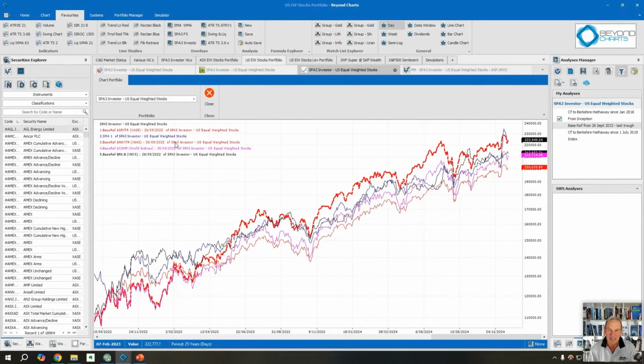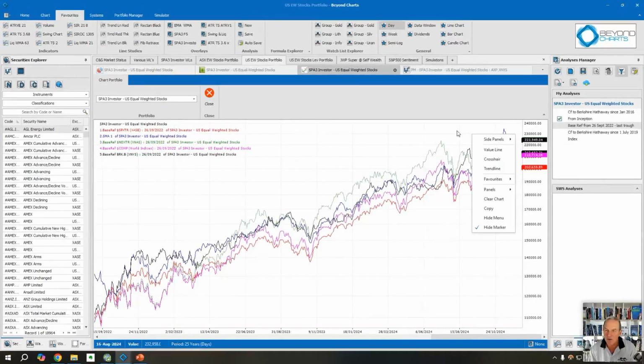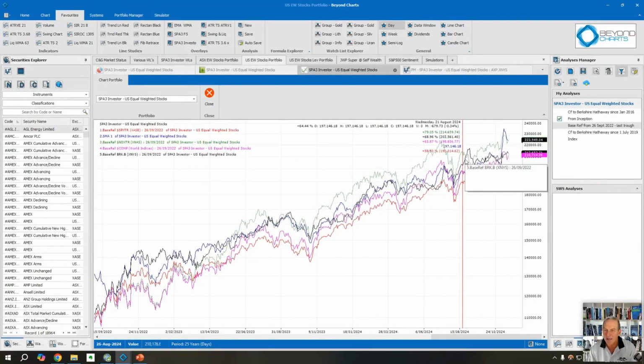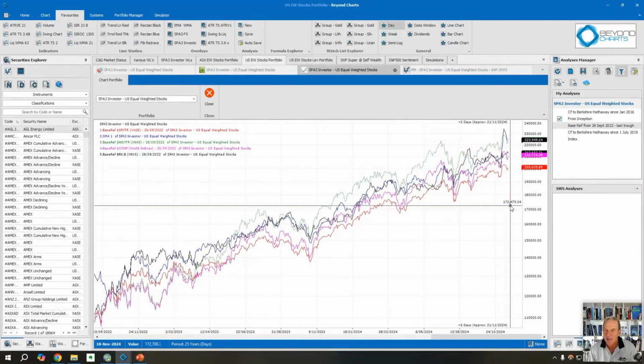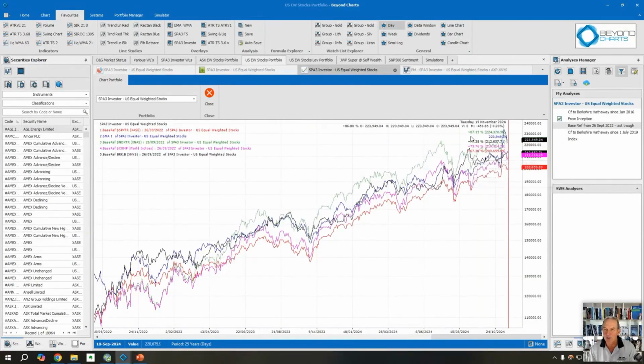That one there is the NASDAQ 100 total return index. So about the same. In fact, what we do is you can put a value line on here, take it right to the end, and you can get the values. And you can look at these percentages here. So the next one is the composite. That's the magenta one that's down there.